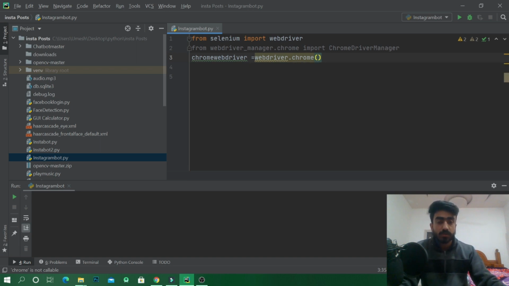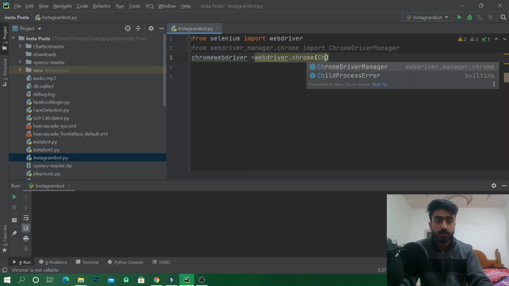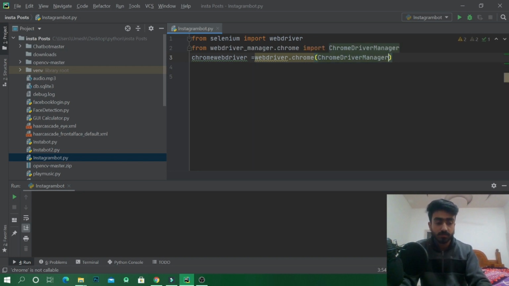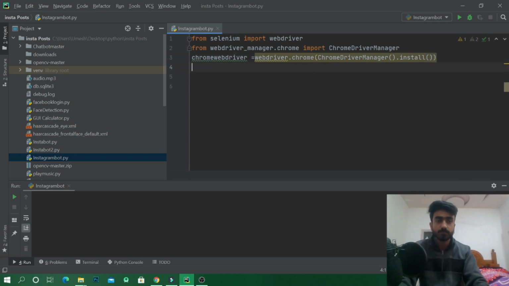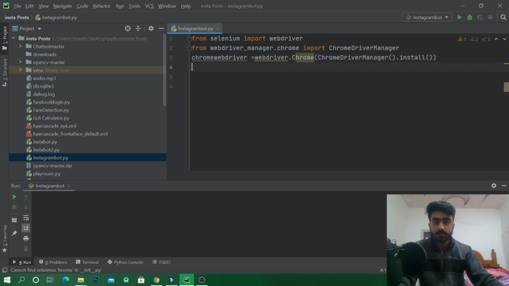We can download this WebDriver from the official Chrome website, or we can write ChromeDriverManager().install(). This will also work. This is capital, Chrome is capital.